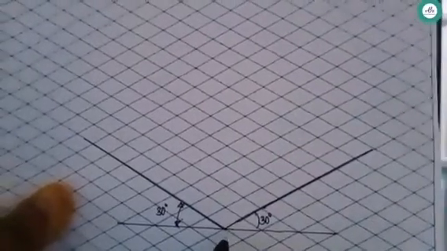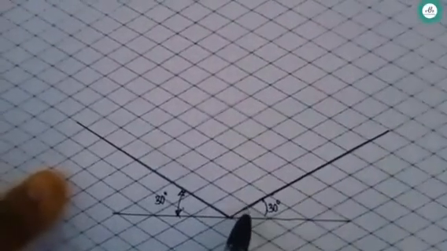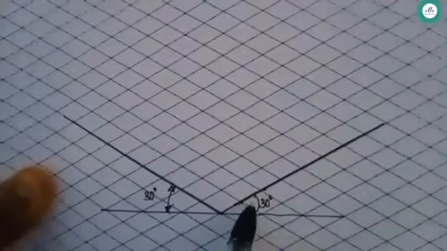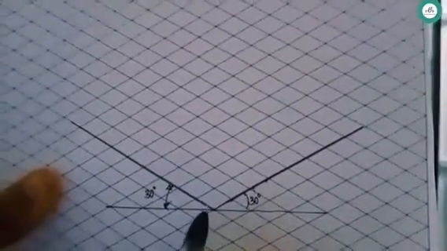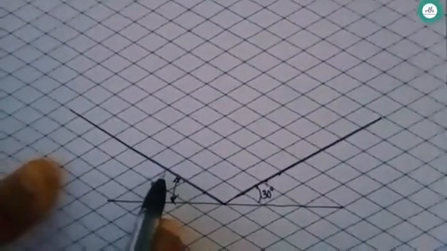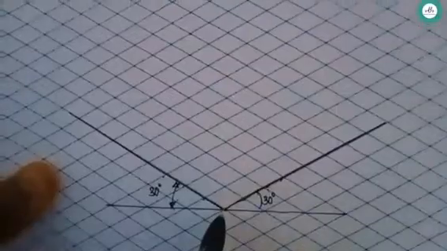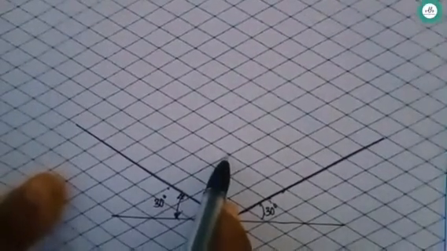Next, if you want to proceed with 10 mm, you can measure from this reference point. From here to here it is iso 10, iso 20, iso 30. To the right side, and again to the left side, same thing: iso 10, iso 20, iso 30. For the height, it is again iso 10, iso 20, iso 30.